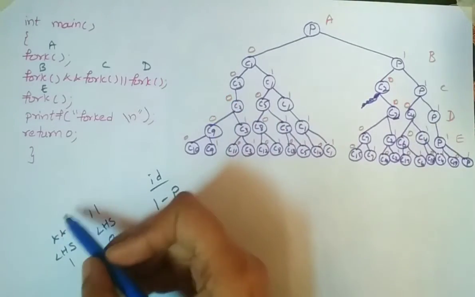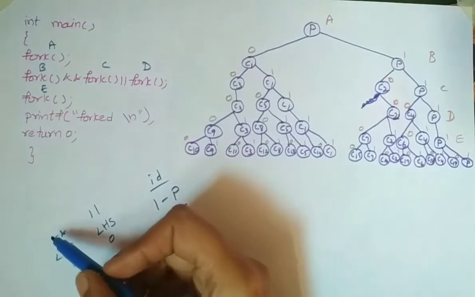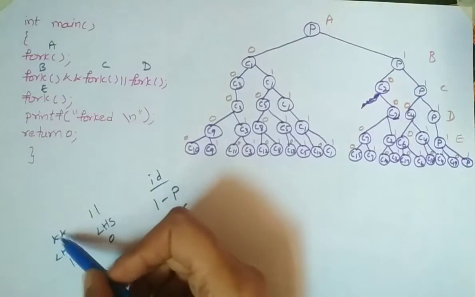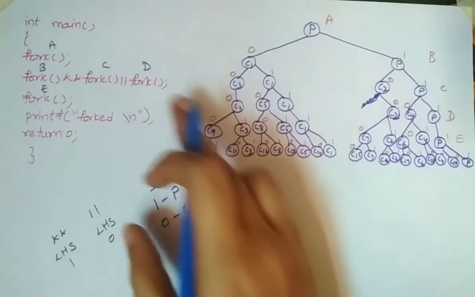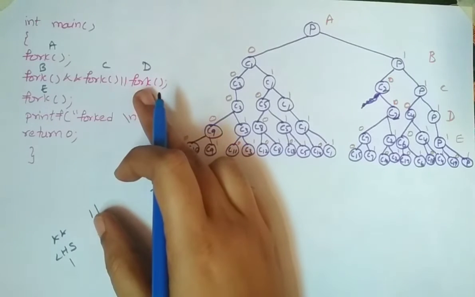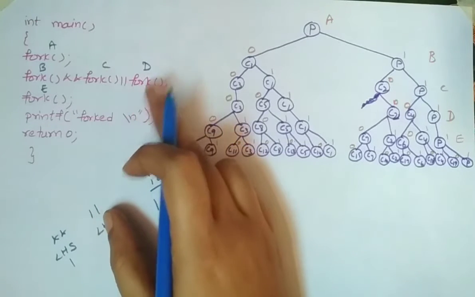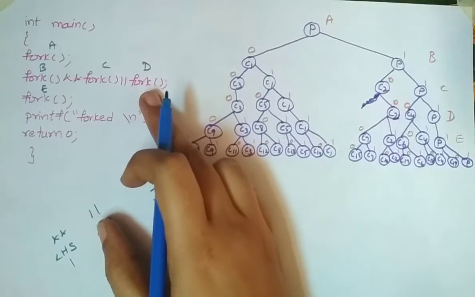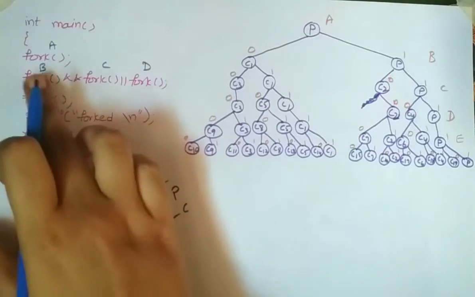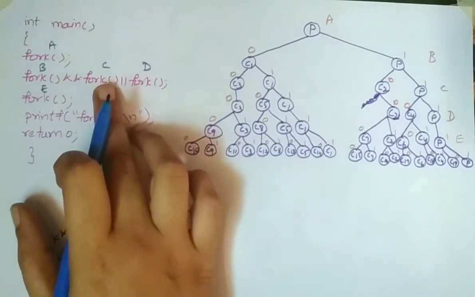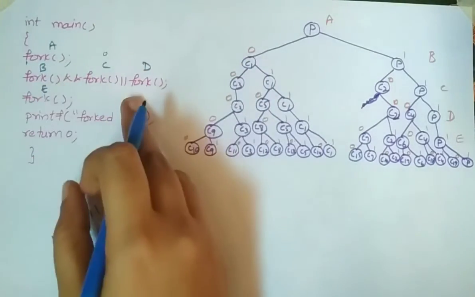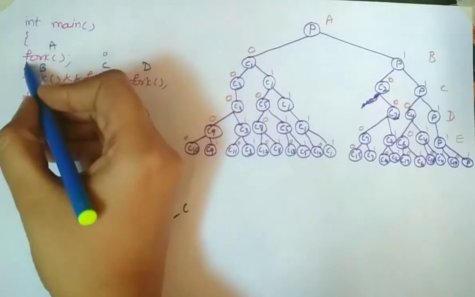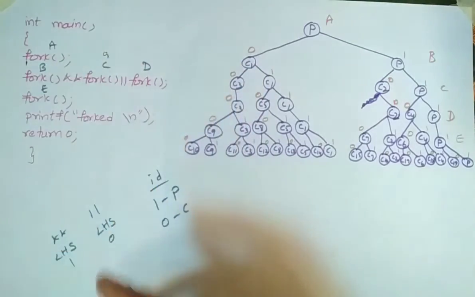So here we are simply following the logical operation, the AND operation. We are executing only the particular process which is having the ID as 1. Okay, so next one, fork D operation. See, after fork B and C, suppose here 1 and 0 is there, then it will give 0. Suppose if there is 1 and 1, then it will give 1, right?